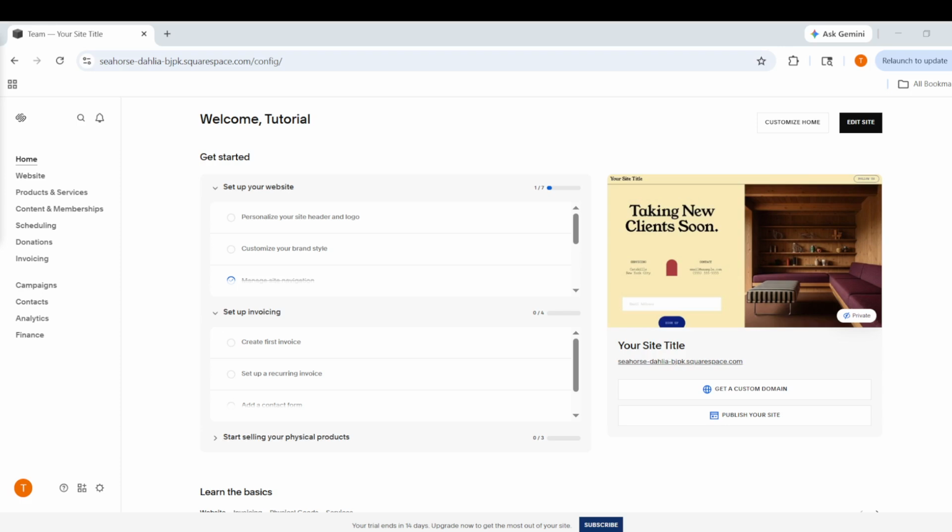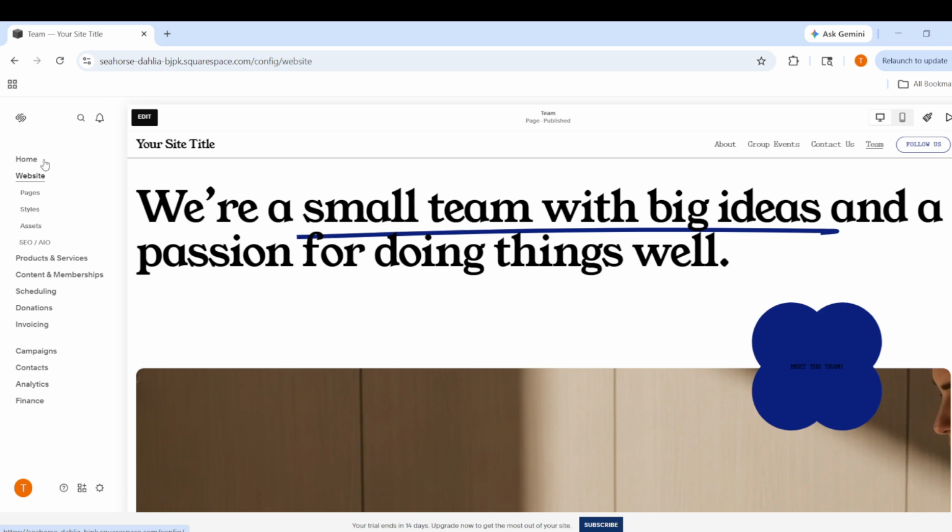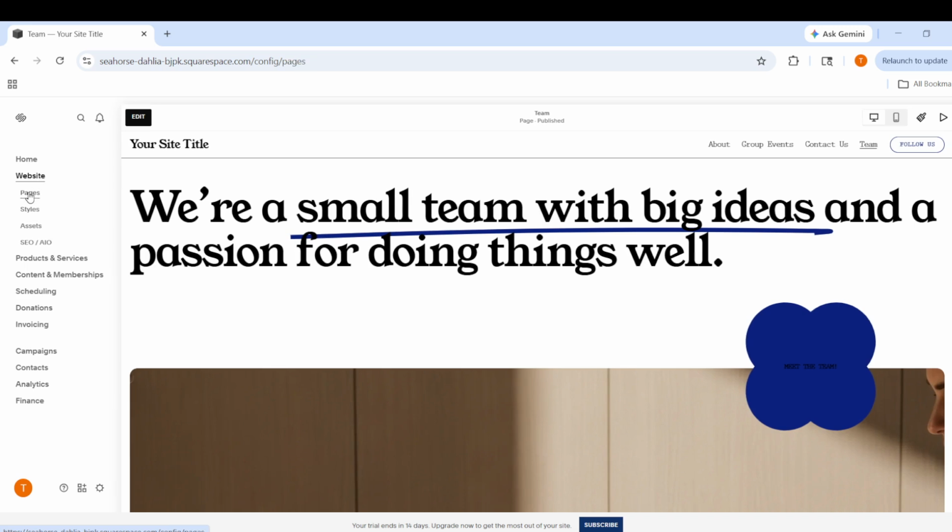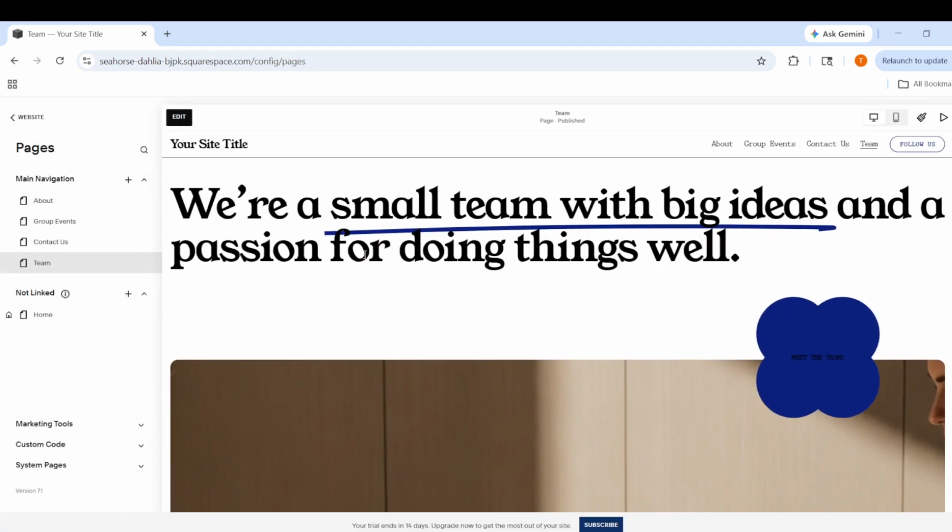In today's video, I am going to teach you how to adjust navigation spacing on Squarespace. First, log into your Squarespace account and open your website editor. Once you are inside the editor, make sure you are on the site where you want to update the navigation